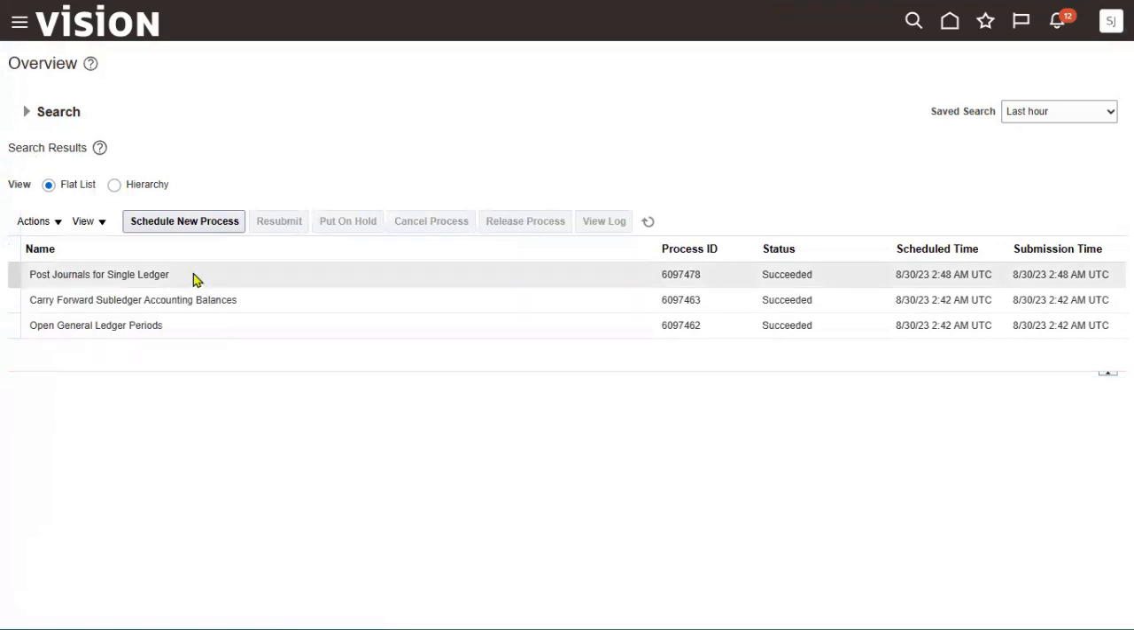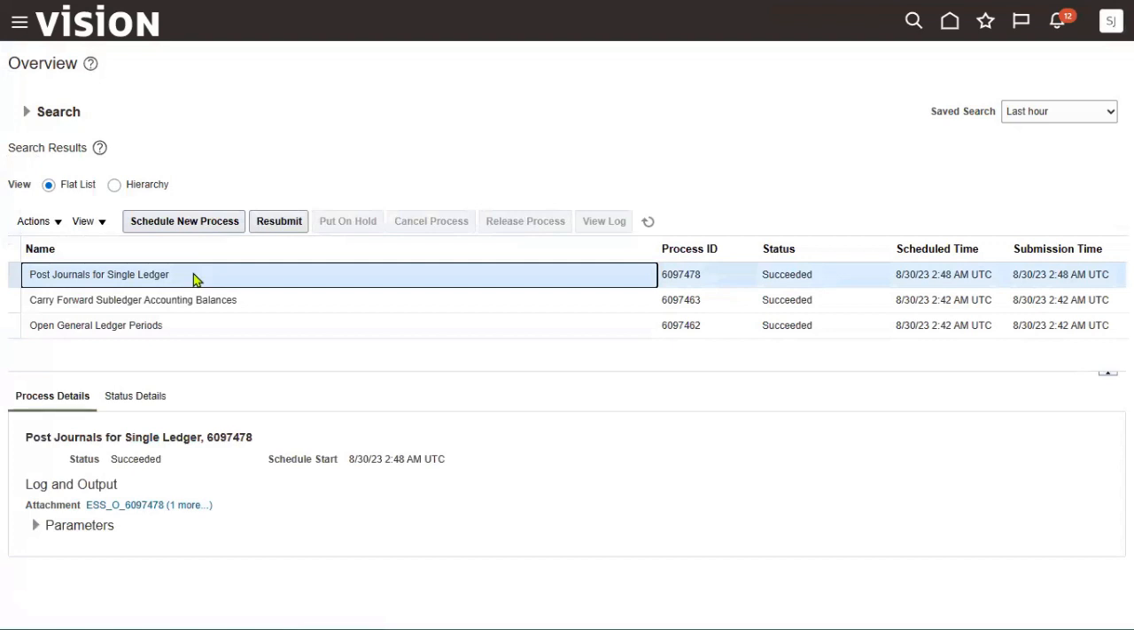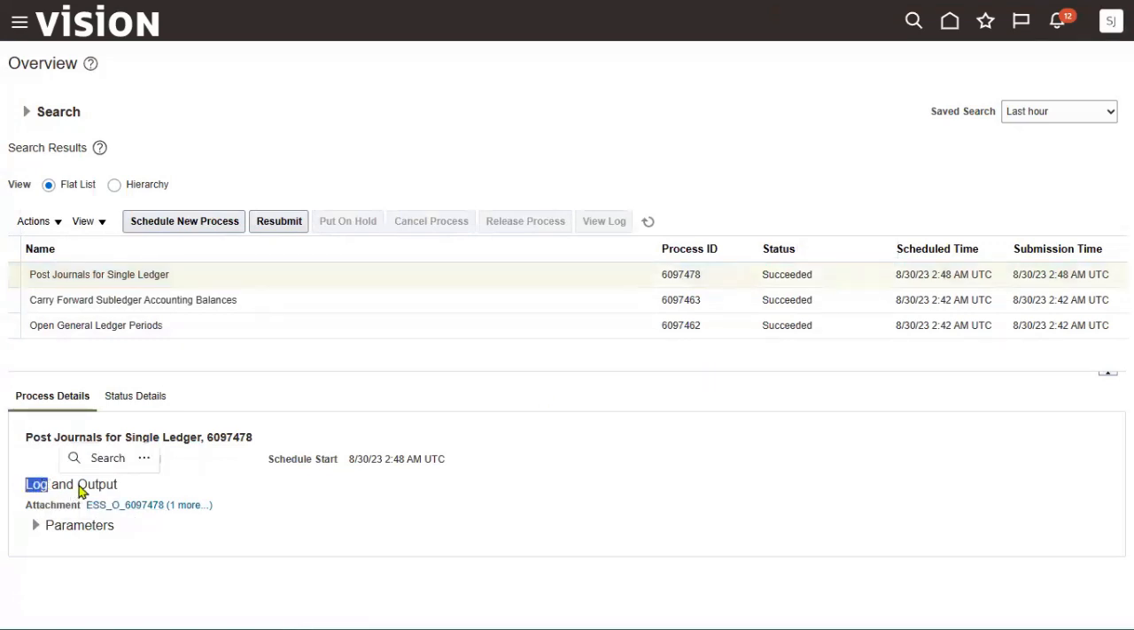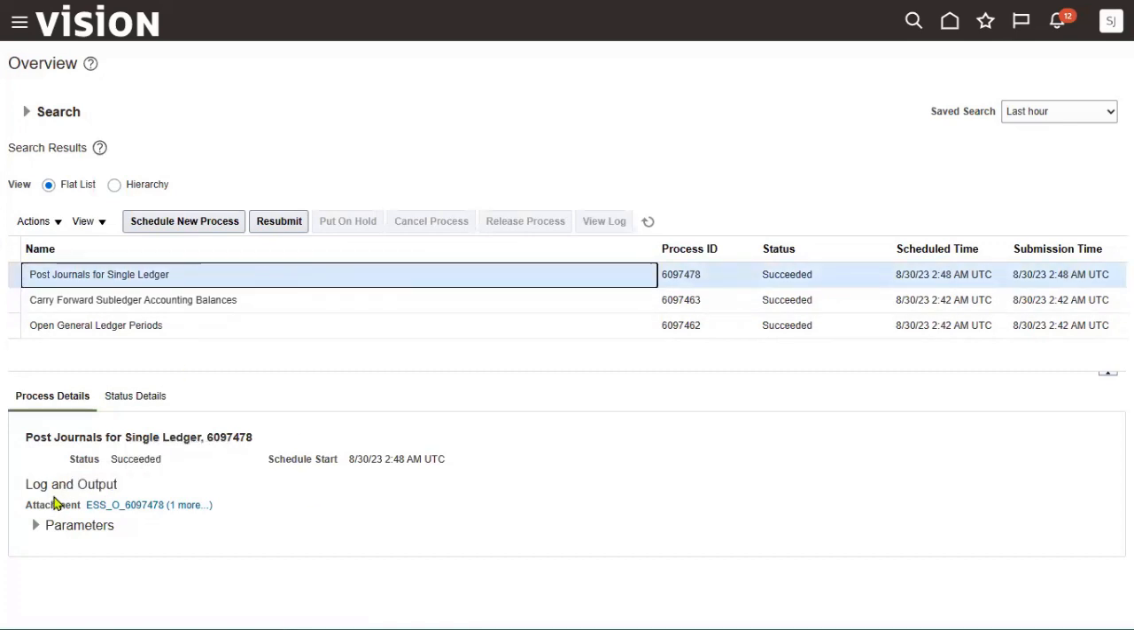This is about posting ledgers. We created a ledger and after that we have posted the ledger successfully. And now we can see that Post Journals for Single Ledger has been successfully completed. And we can find the log file as well as the output file here. Whenever we run a process, two files we can find, log and output. The log file is going to show any errors. Generally, if you have any errors or warning messages, we will see the log file. Otherwise, we'll go ahead with